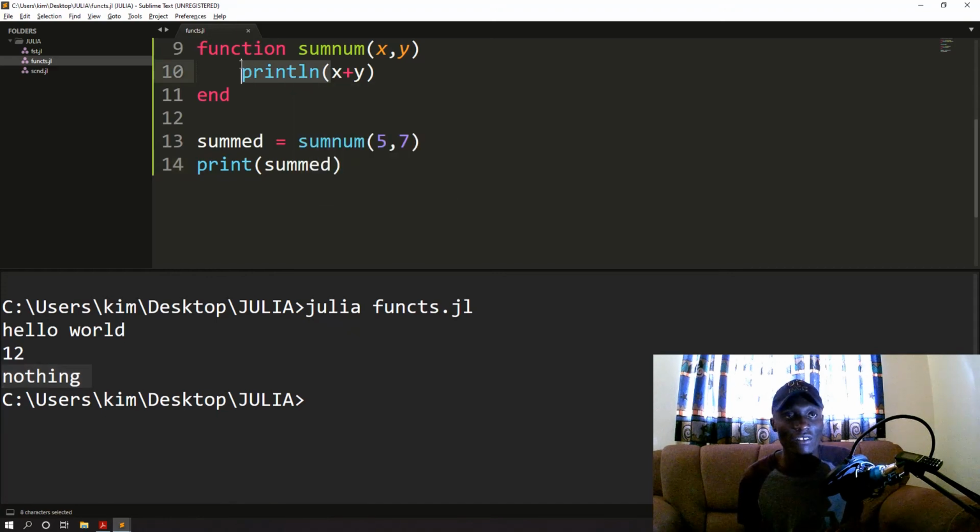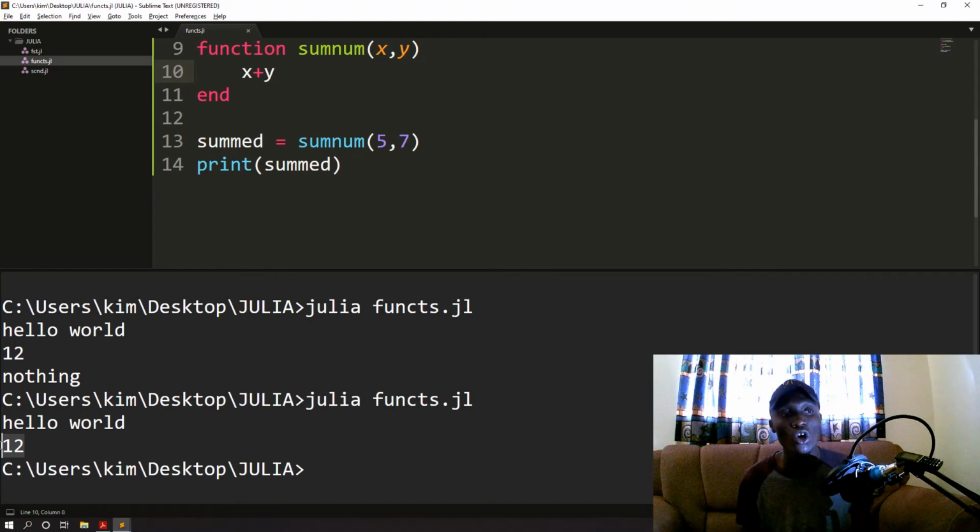However, if we remove this, I want you to check this out. You see, it returns 12. So what Julia does is, whenever you don't put something to be printed over here, the last thing to be executed inside the function will always be returned.